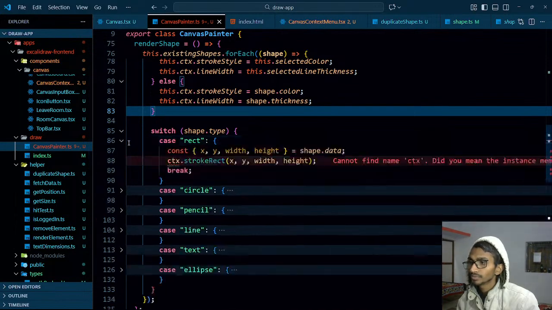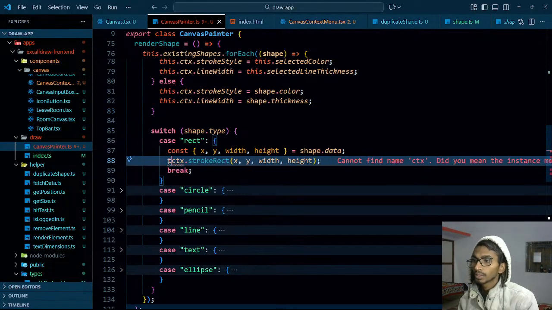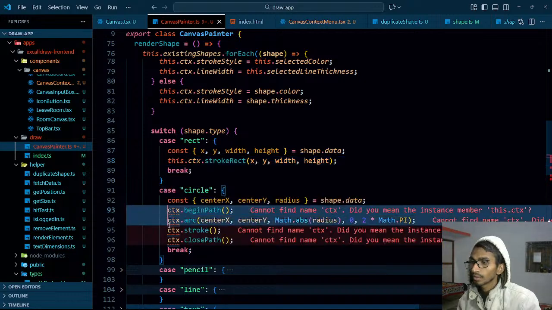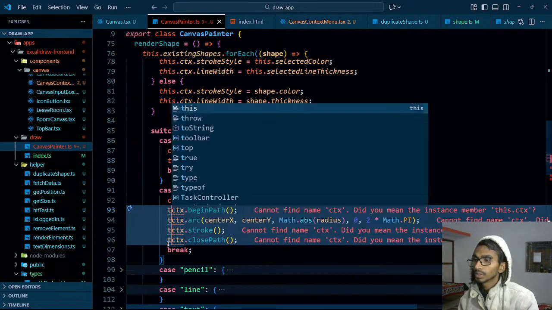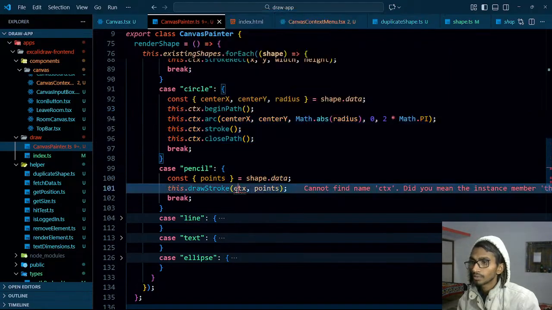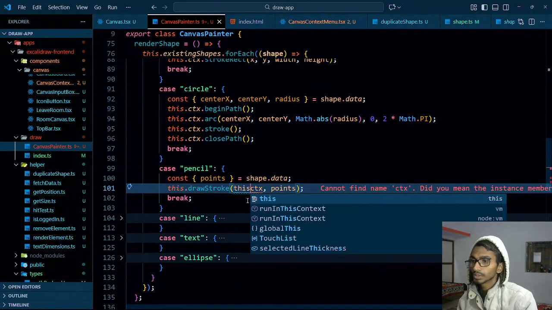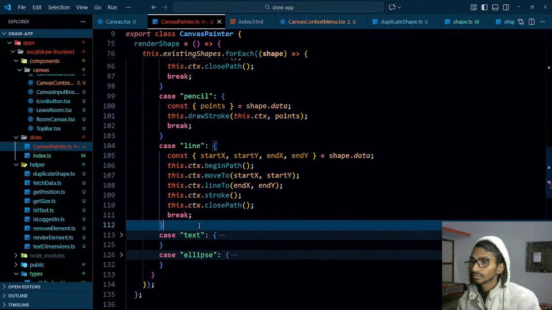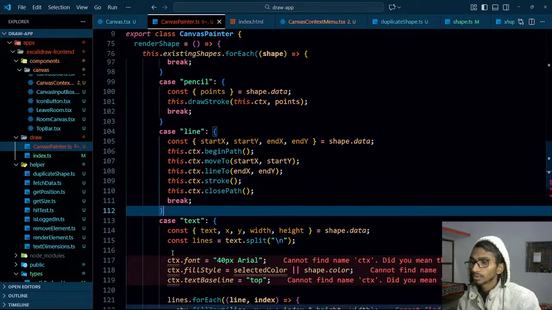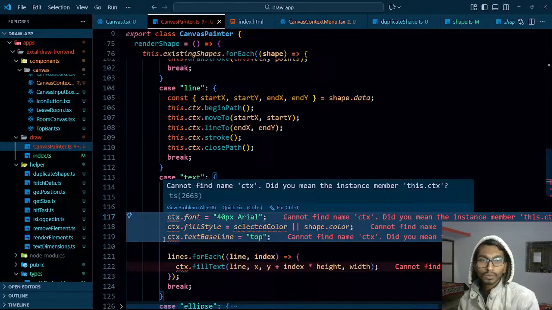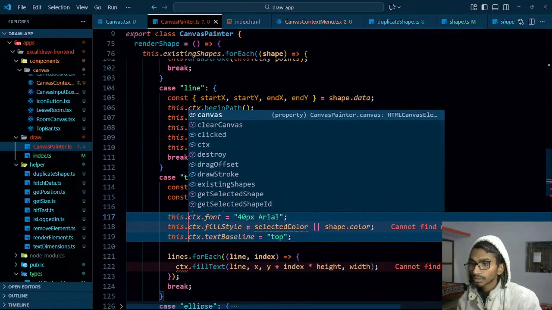Many. This dot CTX, and then this dot CTX, then this dot CTX, then this dot CTX, selected color,